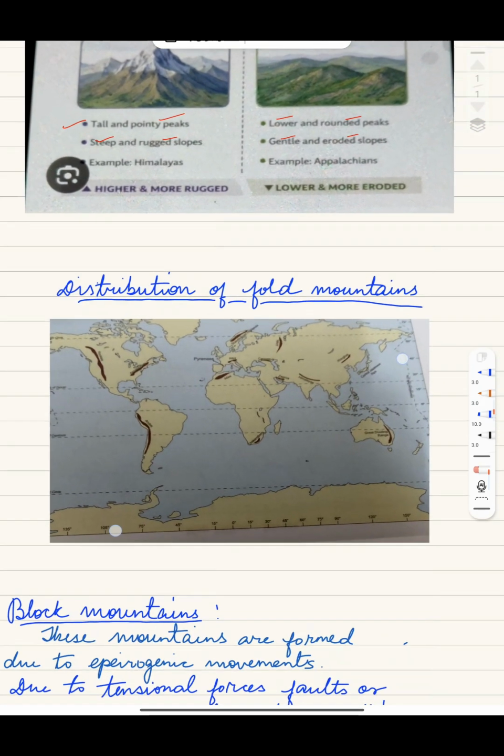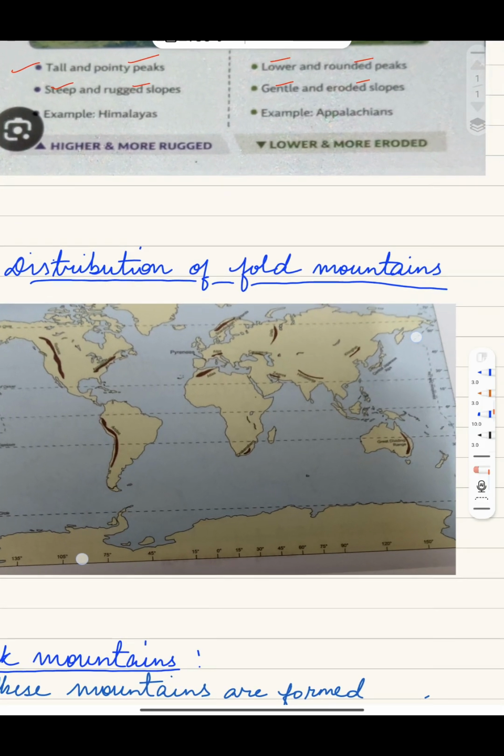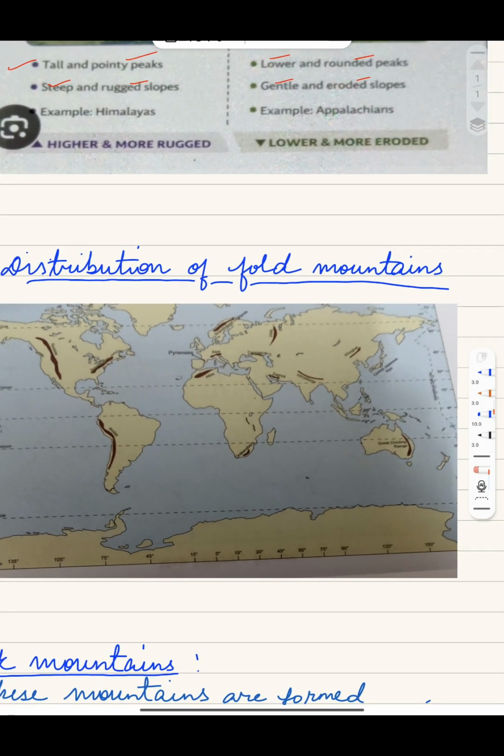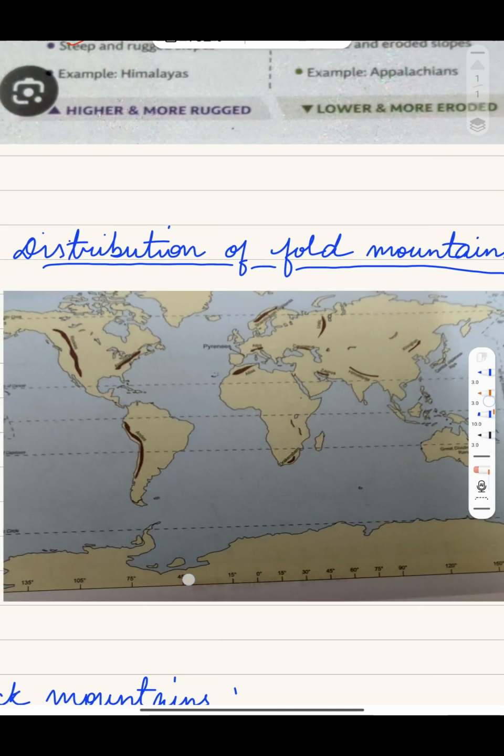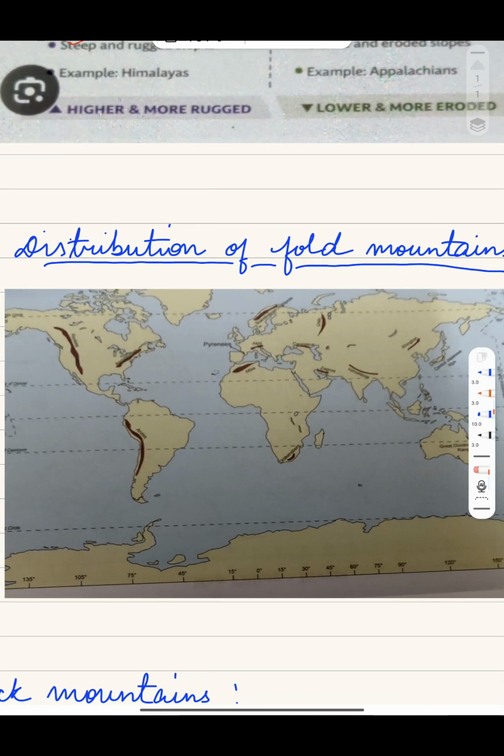Now, this is a map showing the distribution of fold mountains. Of this, you see, mostly we have young fold mountains. Rockies in North America, Andes in South America, Atlas in Africa, Drakensberg in Africa, Pyrenees, Alps, Caucasus, they are all in Europe, Zagros, Himalayas, Khingan in Asia,